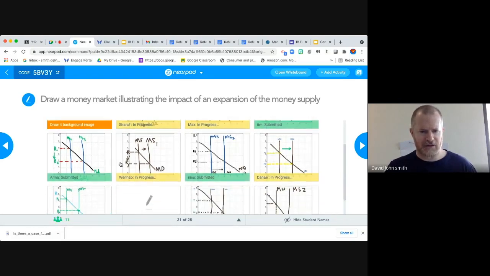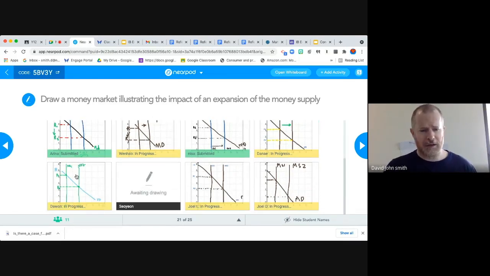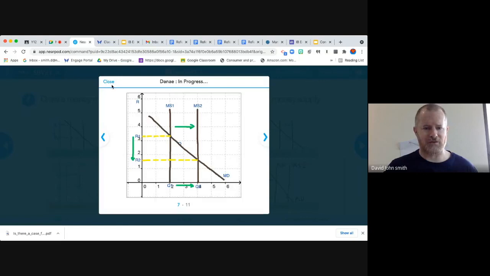All right, interest rate has fallen because of the increase in the money supply. And of course, if interest rates fall, then we would expect people to be more than prepared to borrow money to spend. Yes, I know we aren't saying by how much it's falling or any of those sorts of things. We would expect people to take on more credit, and therefore more consumption would happen, maybe more investment. What's happening?